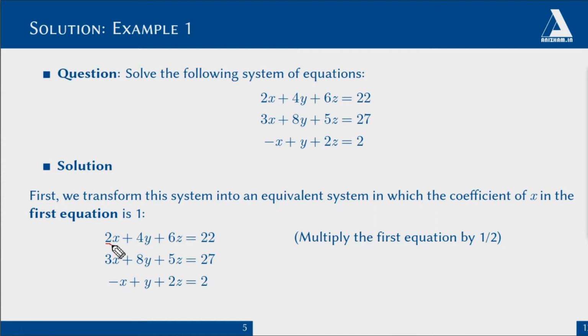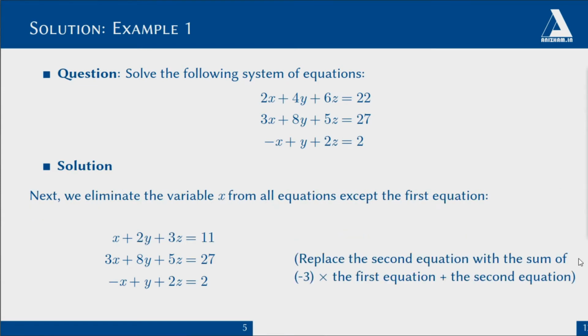So, we have to make the coefficient of x in the first equation as 1. In order to make it as 1, we multiply the first equation by 1 by 2, or we divide the first equation by 2. So, now the equation has become with the coefficient